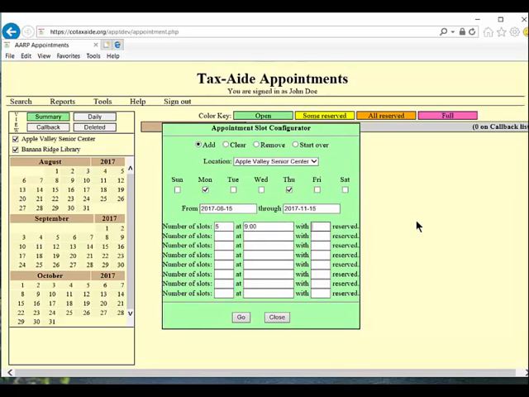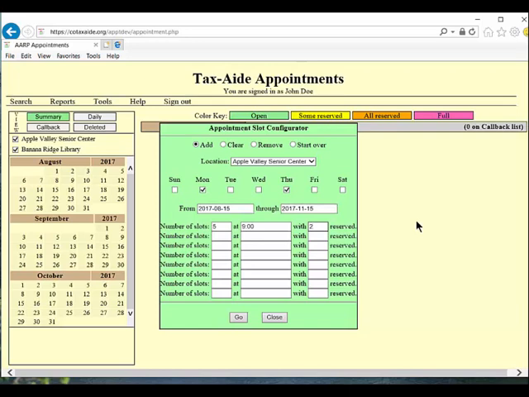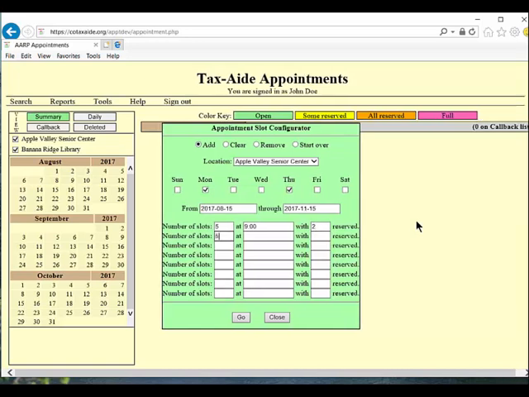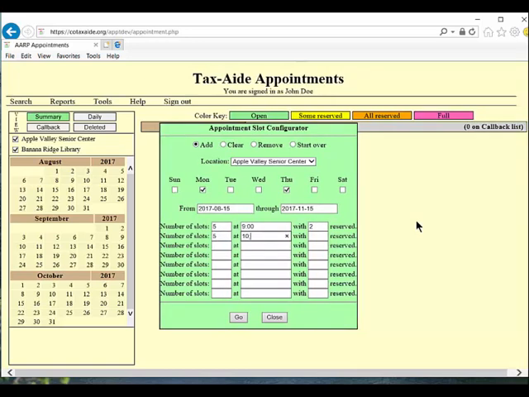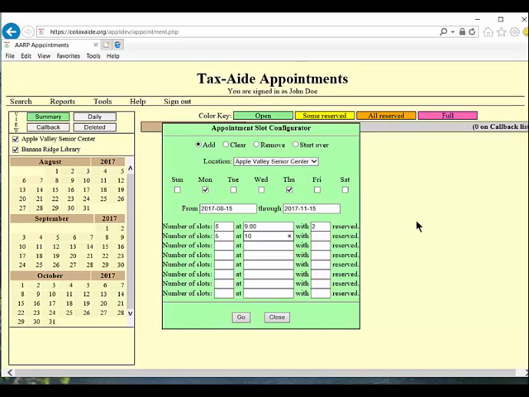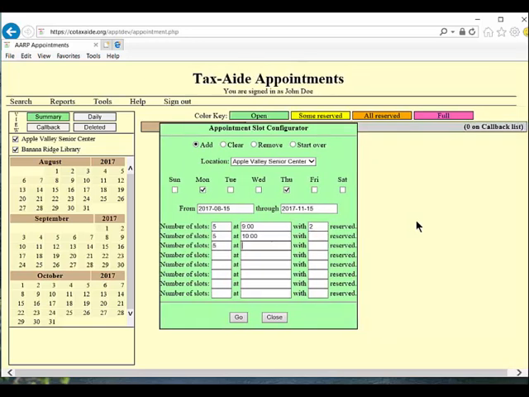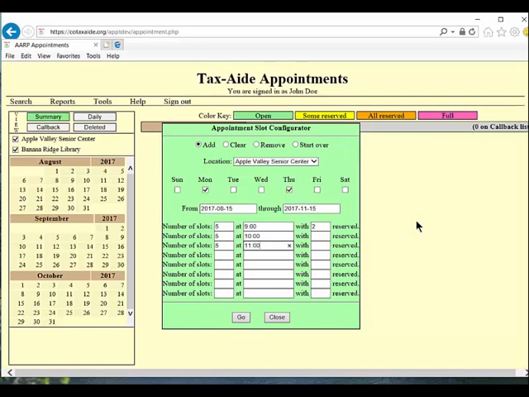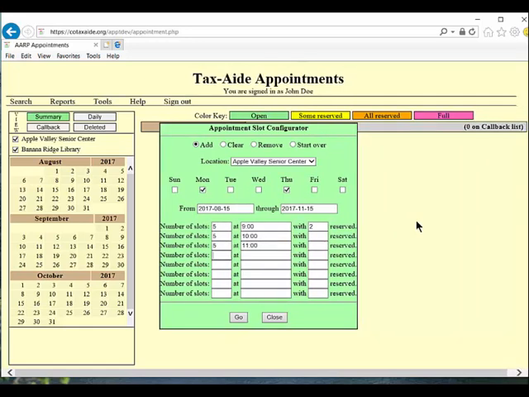And for the moment we're not going to reserve any, but maybe, yeah, let's reserve a couple for that very first period, perhaps for people who are going to return. So 5 maybe at 10 o'clock, and maybe 5 at 11 o'clock, and let's do 5 more at noontime. And then we do a go,